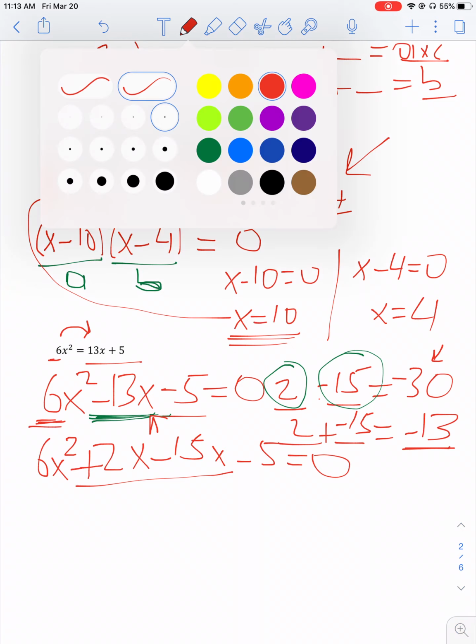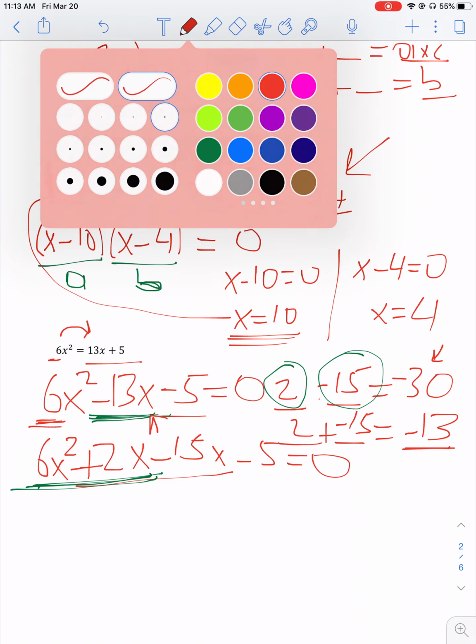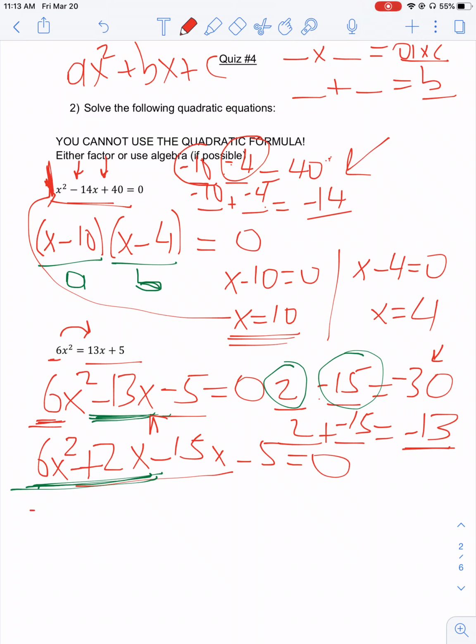And the advantage of doing that is once you have 4 terms, then you can use a technique known as grouping, okay? Grouping tells you to target the first 2 terms because they will always have something in common. So what's the biggest number that divides both 6 and 2? Well, it's 2, right? And because the x's are repeating, there's an x squared here and an x there, you have to look for the lowest exponent, right? So the lowest exponent here is 1, so you're going to have to factor x,